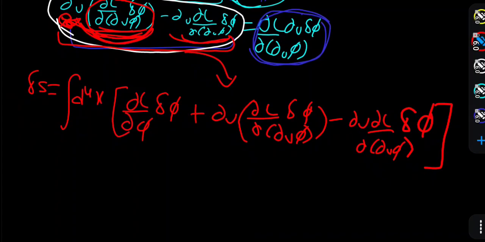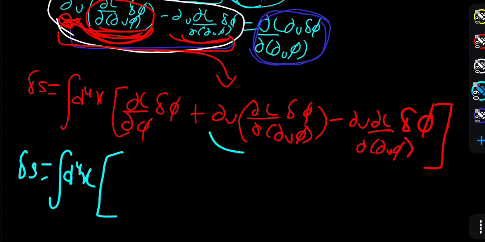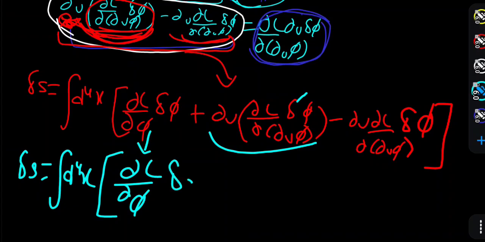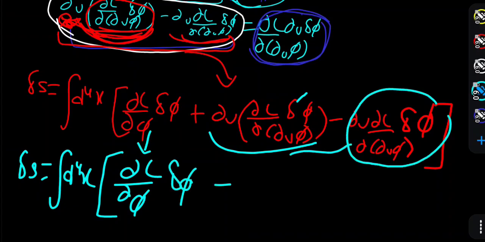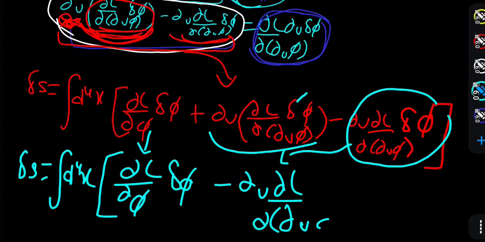Now see very carefully: a small variation in S is equal to the integral of d⁴x. I'm going to separate this. ∂L/∂φ, writing this the same, and a small variation φ, minus I'm going to put down this particular equation here, which is ∂_μ of ∂L/∂(∂_μφ) and variation in φ,